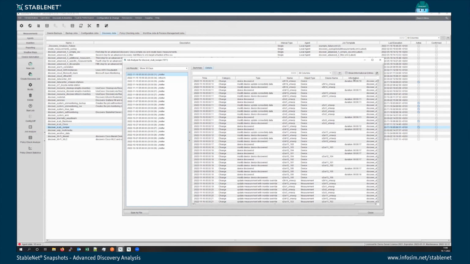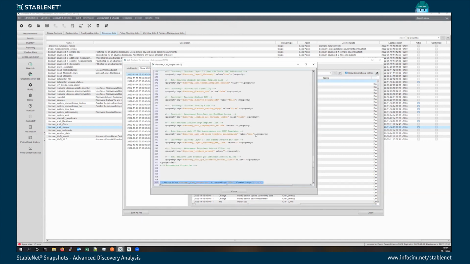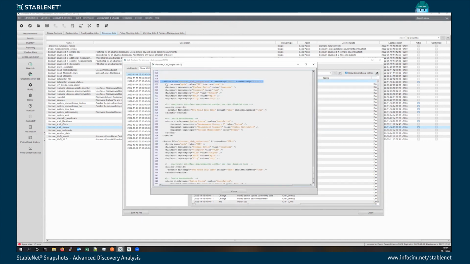And I can also even show more information if I click here, and now you can see we have 1,000 entries for these discovery jobs. We can see that some tags have been imported, which discovery CSV file has been used. You can also see if you are using some other discovery sources like resources, for example, and this is always drilled down. So for example, if I double click here, it will show me in the used discovery XML file